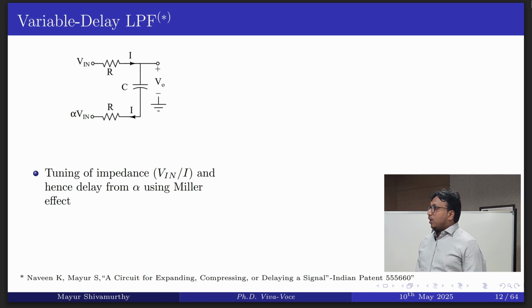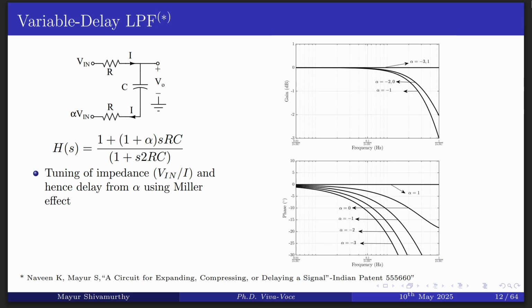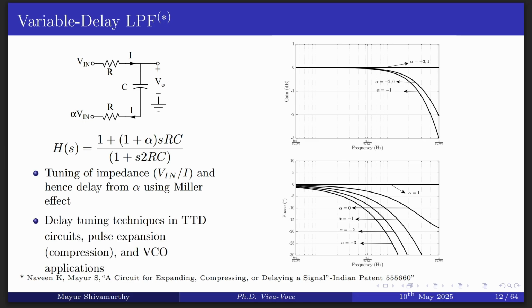If we observe mathematically the transfer function of the system, for alpha equal to 1, the circuit behaves as an all pass filter, and for different alpha within a certain range, it behaves as a low pass filter. The figure shows the gain and the phase plot for different values of alpha. So by changing the value of alpha, the circuit behavior varies, and within the region of constant gain and linear phase, the circuit can be used in the realization of TTD, expansion, compression, or